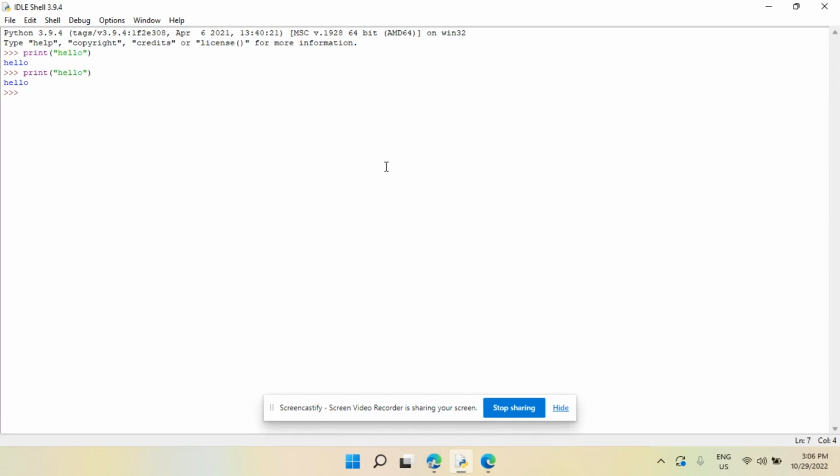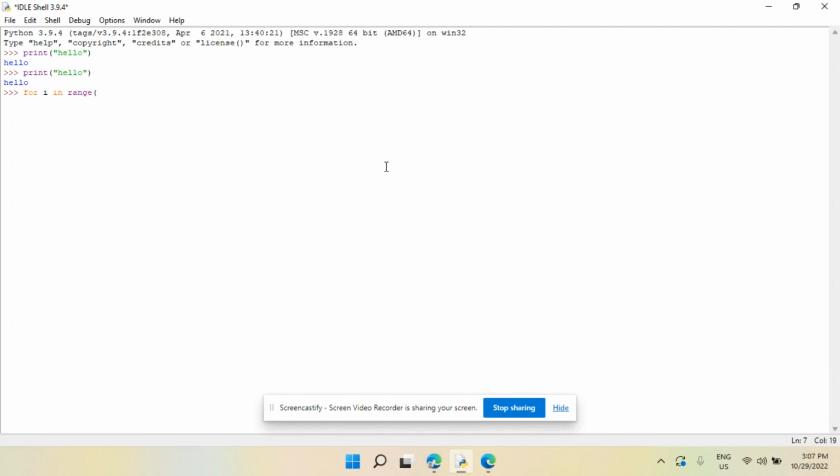So in this case, we want to print the word hello 10 times. So we would write for, and we can do for x in range, for i in range. Usually you hear i in range and x in range, but we can do any variable. In this case, I'll just choose i. For i in range,